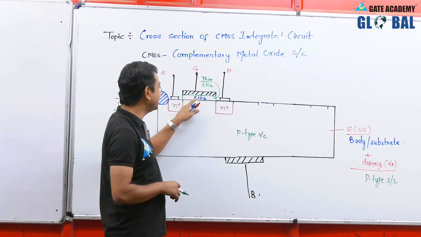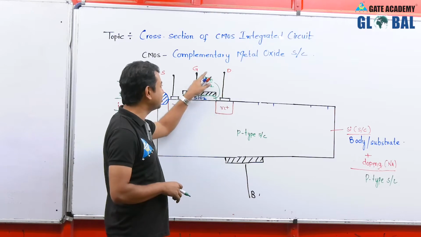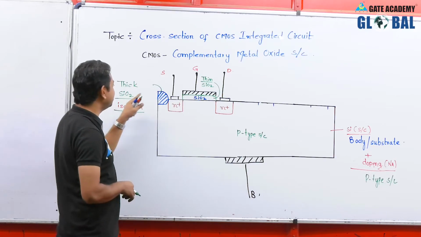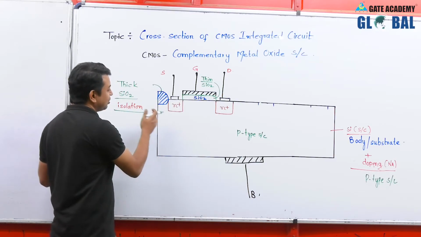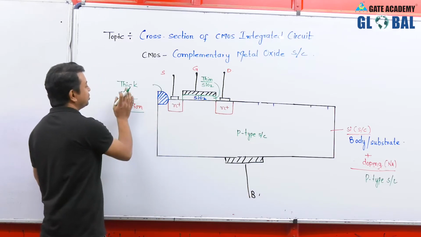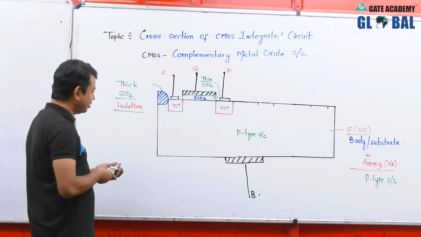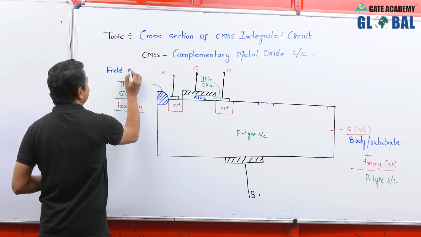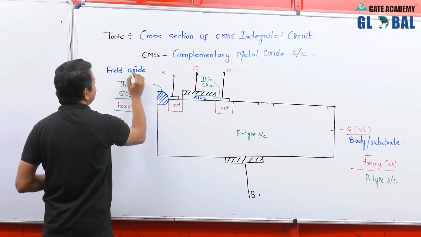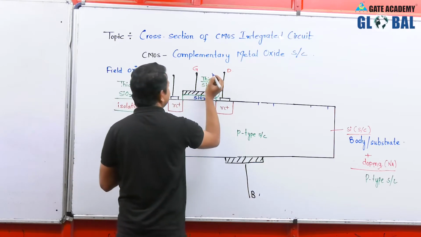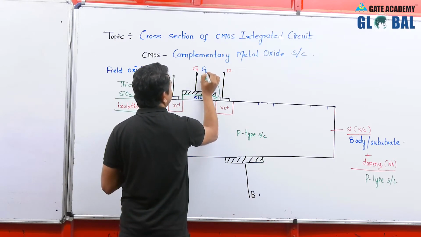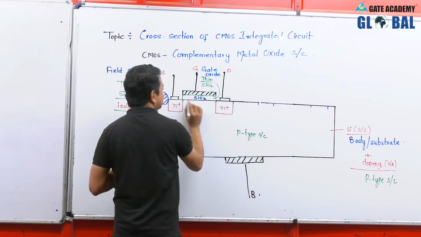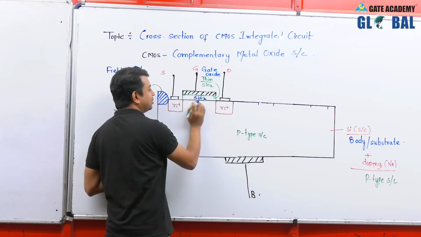This is used at the gate side, that's why it is called gate oxide, and this other oxide is used for isolation at the corner of every MOS device. That's why it is called the field oxide. So I would like to write here, it is called field oxide. Field means the boundary. And here we are using this particular thin silicon dioxide, and this thin silicon dioxide is known as gate oxide. It is called gate oxide because it is used as a surface at the top of the gate terminal.